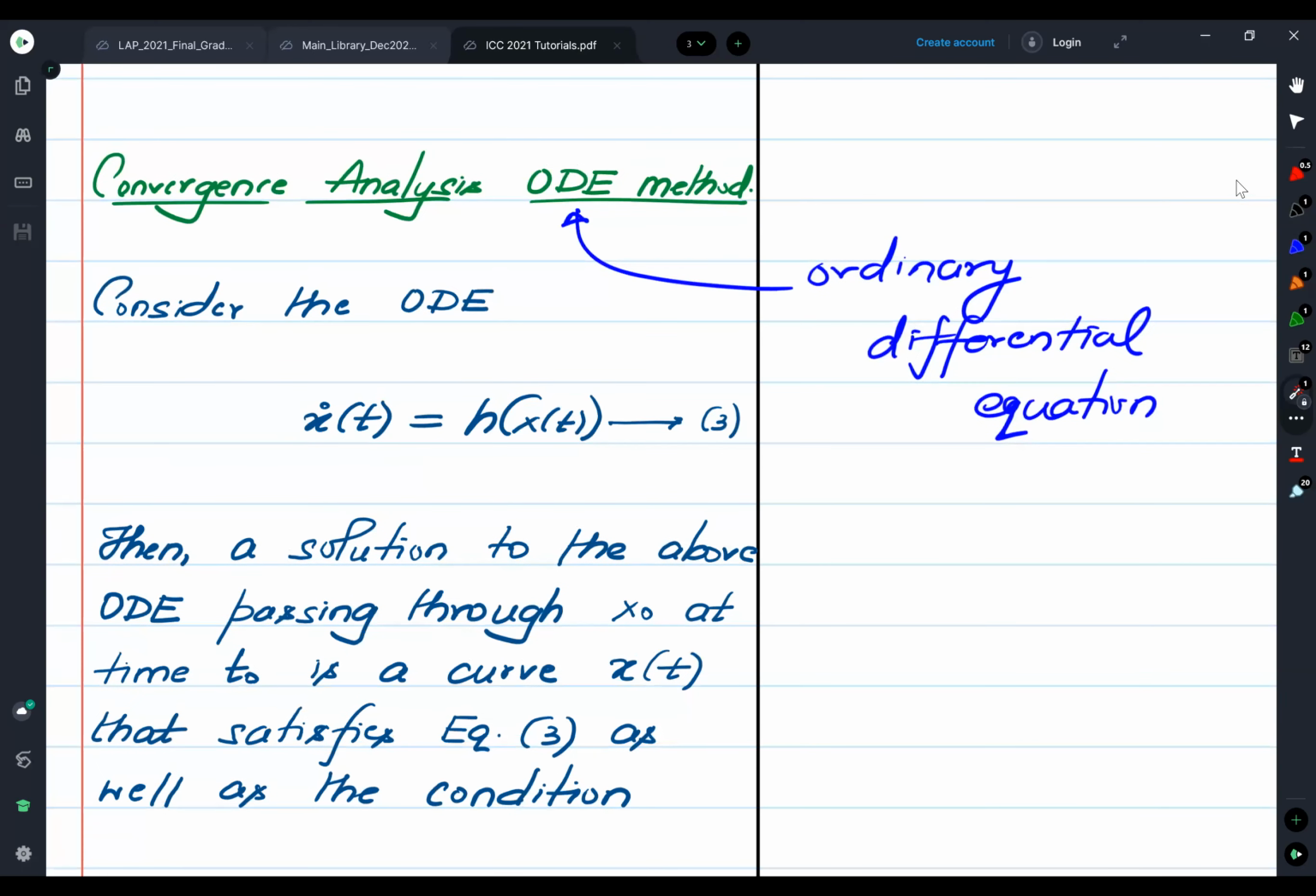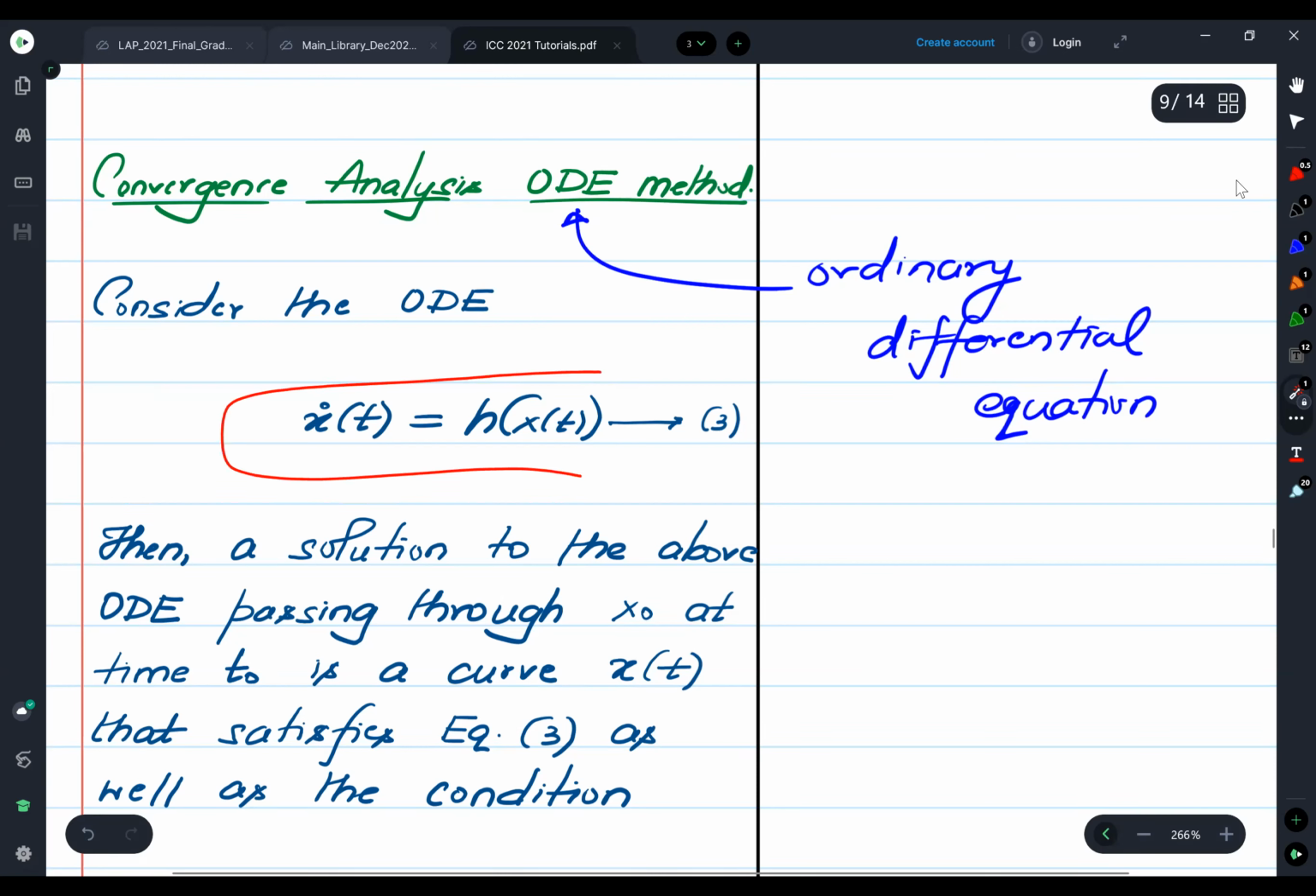So first, let's look at this particular ODE. For the time being, we will forget the stochastic approximation algorithm. Let's say we have some function h, and let's say we look at the following ordinary differential equation. The way to interpret this ordinary differential equation is that you can think of x of t as the